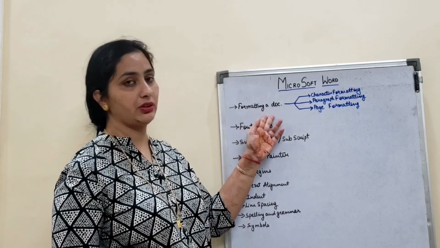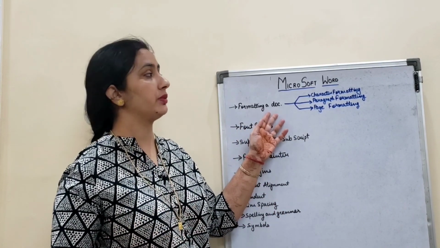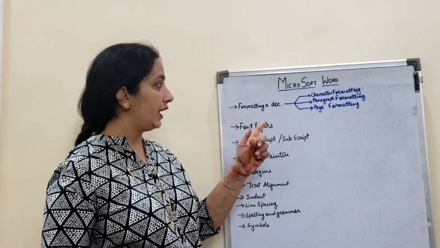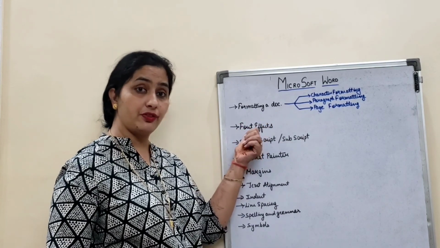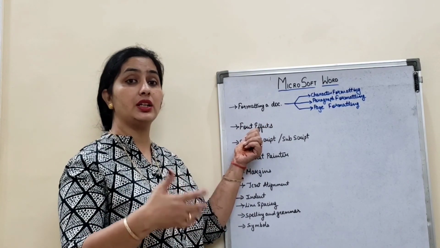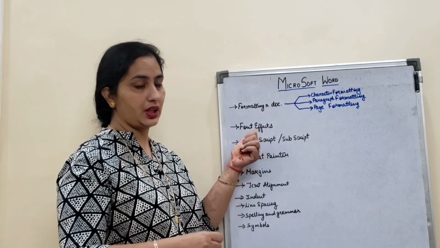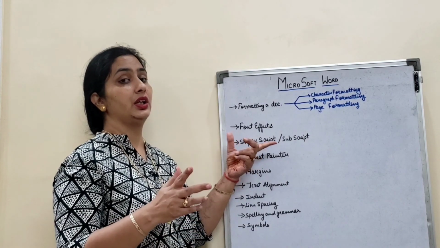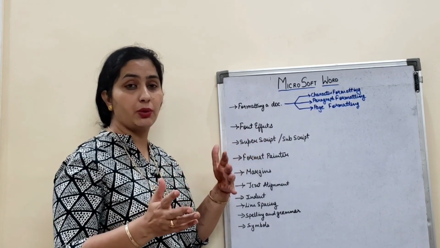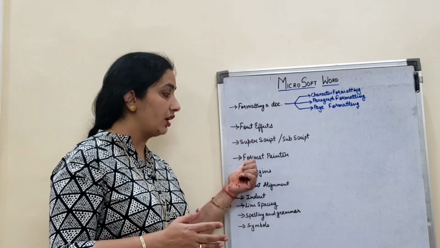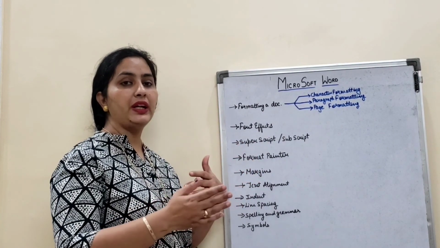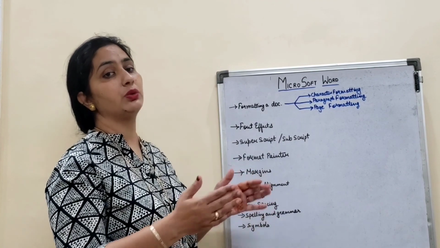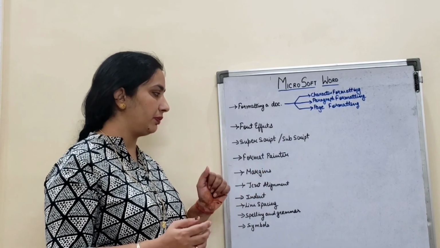In formatting a document, we can format in three ways: character formatting, paragraph formatting and page formatting. Character formatting means you can have different kinds of font effects, like Arial, Times New Roman, Calibri, so many different types. Then you have superscript and subscript, when you are writing chemistry or maths formulas. Then Format Painter: simply copying all the editing you have applied to one text and applying the same editing to another text with the help of the painter.